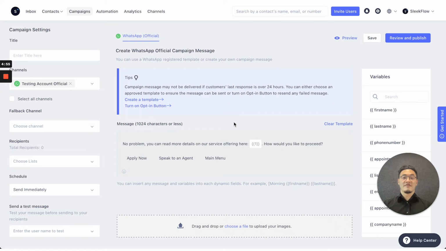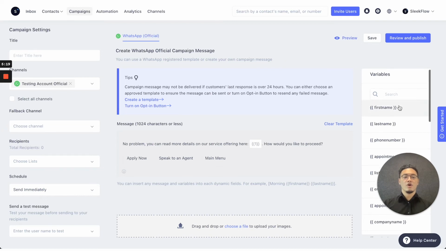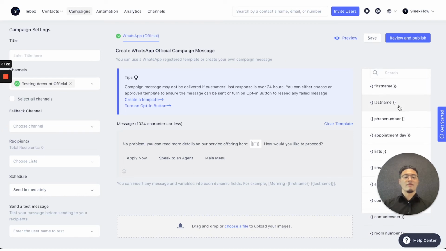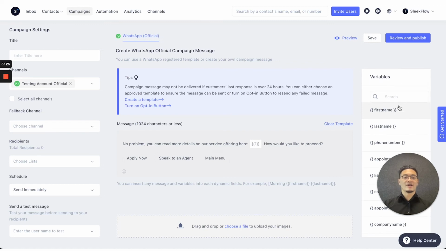So for example, if I would like to send out this no problem template, you can also see that if you've included a variable within a template, which includes the brackets and the number inside, you can type any information that you want in there so the customers can receive their unique messages. Other than typing it out, there's also the variables on the right-hand side, which allows you to choose whichever variable you want to send out a message. For example, I would like to include their first name in this variable field right here. So based on the customer's contact information on SleekFlow, you can send out various customized messages.